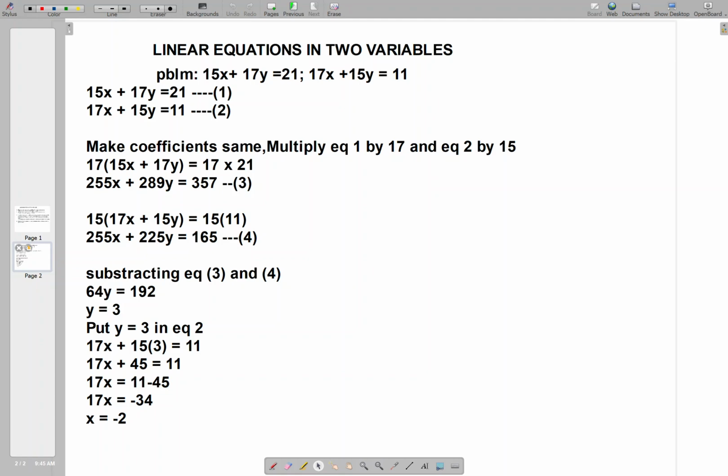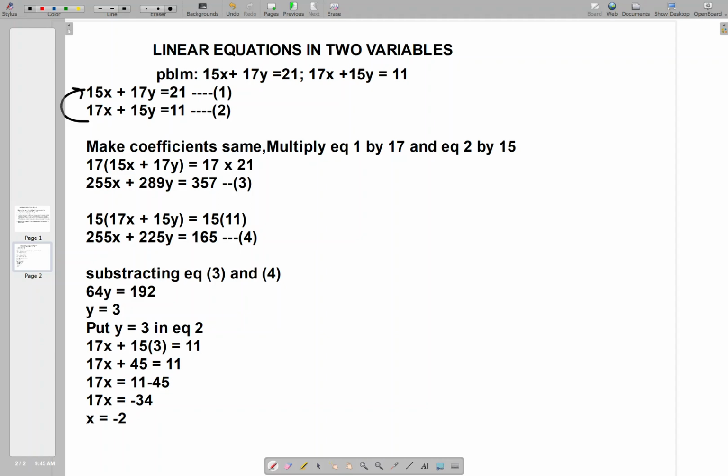So if I want to make them the same, I can multiply this equation with 17 or the second equation by 15 to make the x the same. Or what else I can do is multiply the first equation with 15 and the second with 17 to make them the same. So now let's try doing it with the first method. So what I'll do is I'll multiply this first equation by